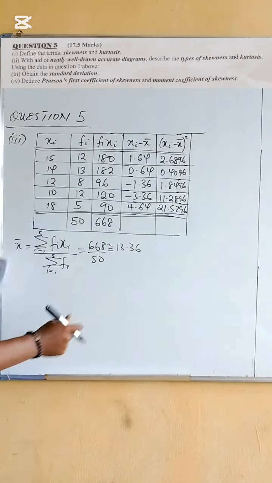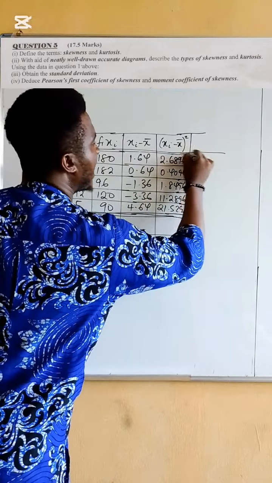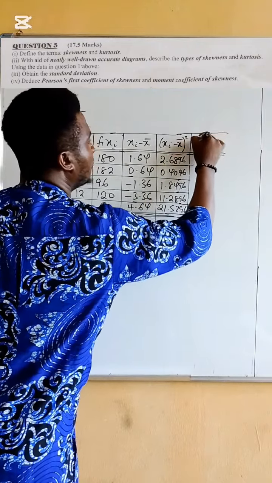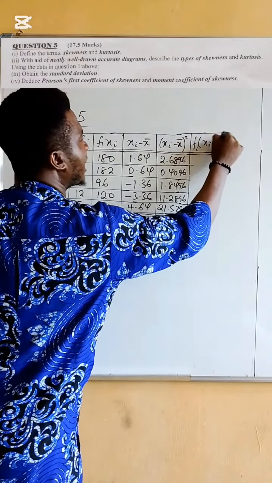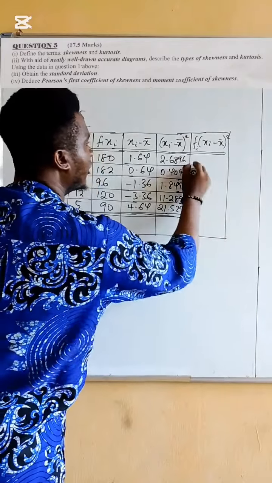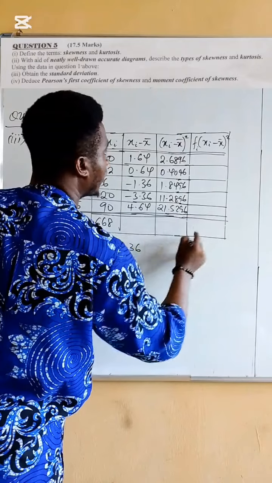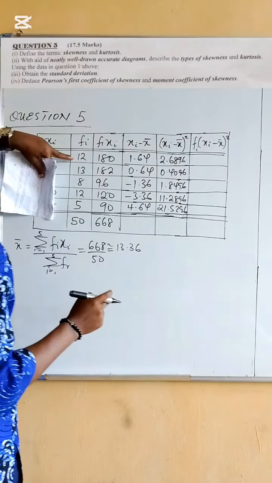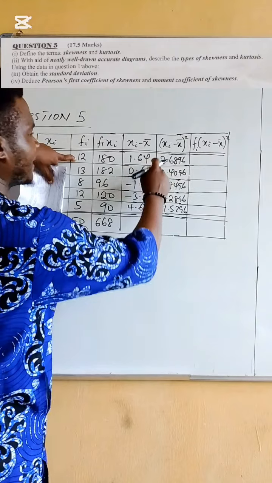21.5296. Now, adding all this will not be the case. Now, the next thing to do would be to multiply our fi's with xi minus x bar all squared. So create a column for that and get this done. So multiplying 12 and this particular column gives us what? This particular cell,